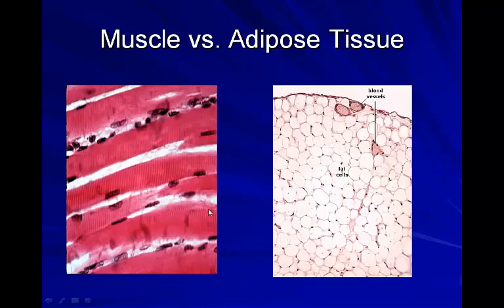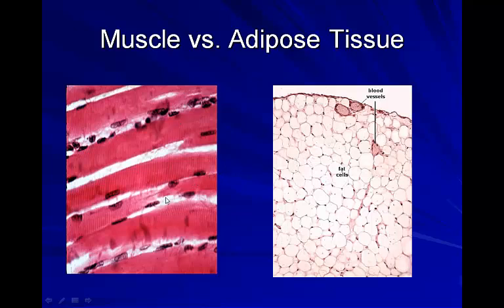This isn't in your book, but I just like to show this picture because it really depicts well how body tissues look different. I believe it was in the unit on the physiology of the body. We talked a little bit about how cells work together to make a tissue, how tissues work together to make an organ, and how organs work together to make an organ system. All of these are body cells that have the same genetic code, but they all function very differently. They all turn on different genes and leave other genes turned off so that they can do certain body functions. They all specialize into special roles. So even though genetically these tissues are exactly the same, you can see here how different they look.